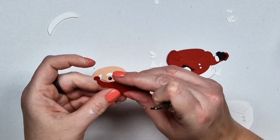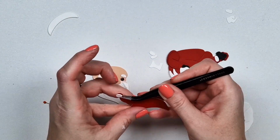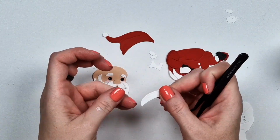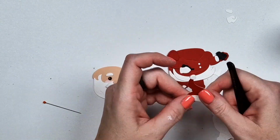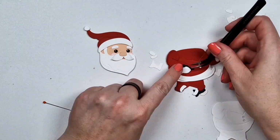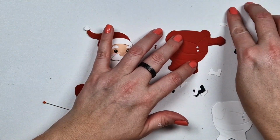And then, of course, again, I forgot to add any kind of white detail to the Santa itself, which I always notice after. I literally just noticed now that I'm watching it that I forgot to do that. Things that I'm not used to, I forget all the time. Or by the time I'm ready with my cards, I forget about the finishing details. I don't know why. And then I like to call myself detail-oriented. I forgot that. Anyway,